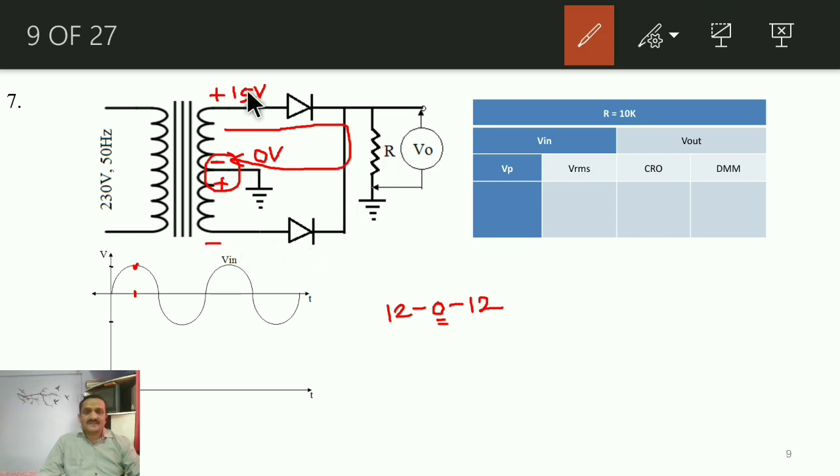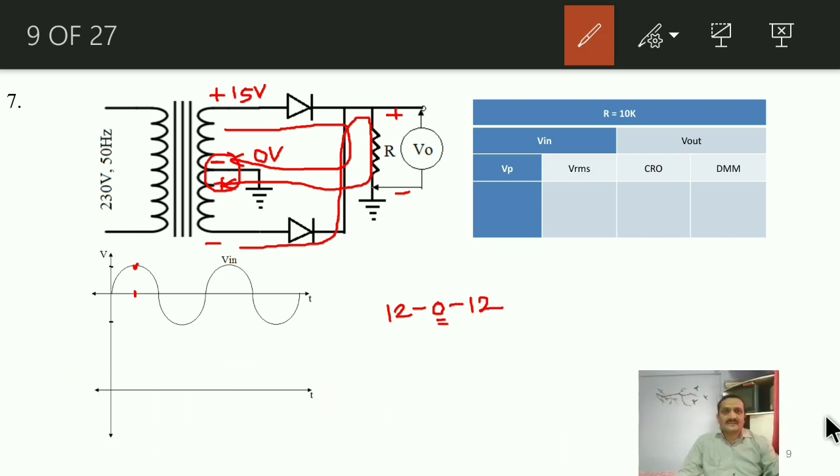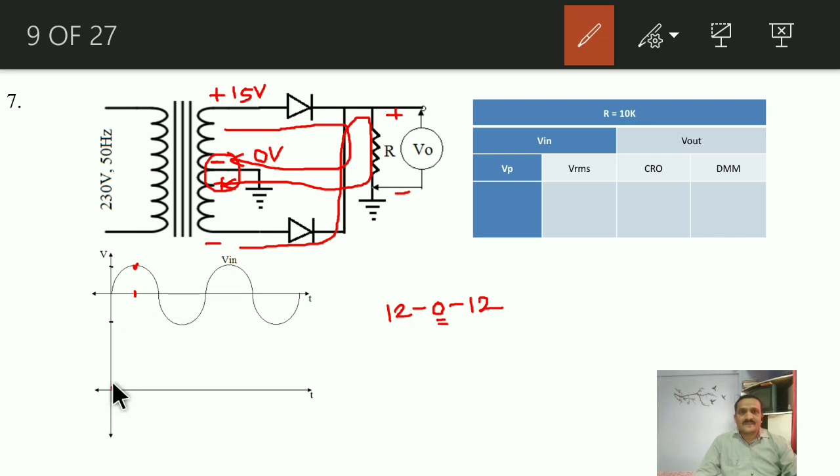But during the negative half, now this terminal will become negative, this one will become positive, the second diode will become forward biased, and current again will flow like this, is it? So you will observe the direction of flow of current through R in both half cycles is the same, that is from top to bottom, and that means whenever a drop occurs across this R, it will have the same polarity. See, the nature of the obtained output during the positive half will be like this, as well as during the negative half it will be like this, is it?